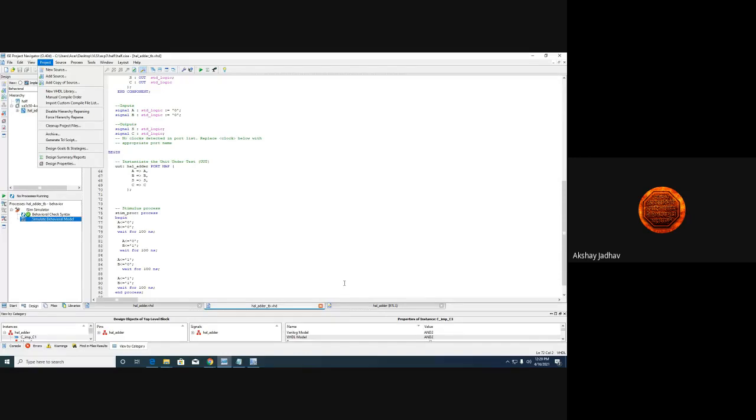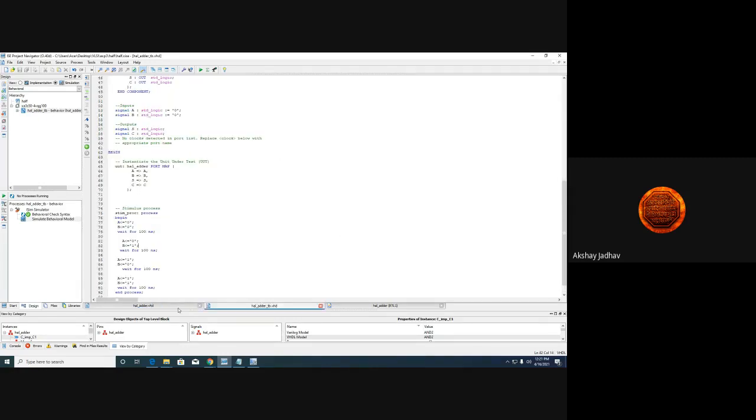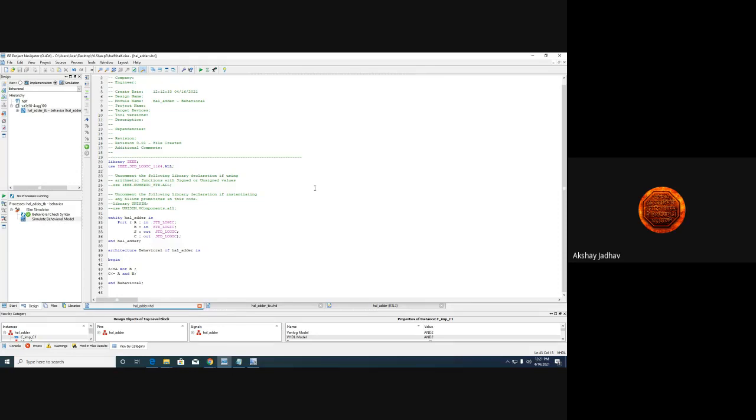Just like what we did at the time of performing the digital technique practical, we took the IC and connected it so that inputs were given through the switches and outputs were seen on the LEDs. The same thing we are going to do here, but here we have used the VHDL platform, and accordingly we are able to see the behavior on the Xilinx controller. That is the difference between performing the practical in digital technique and here in VLSI.